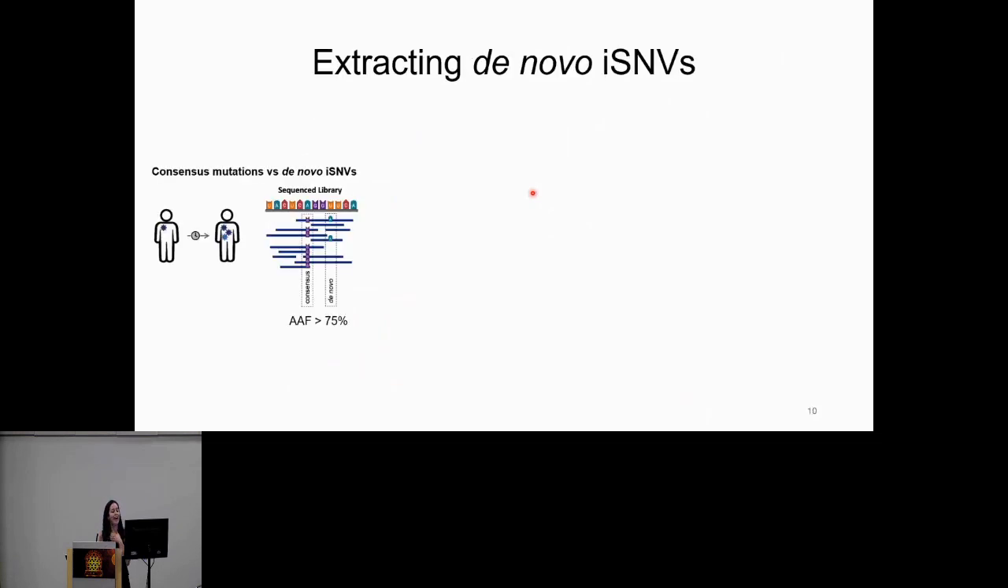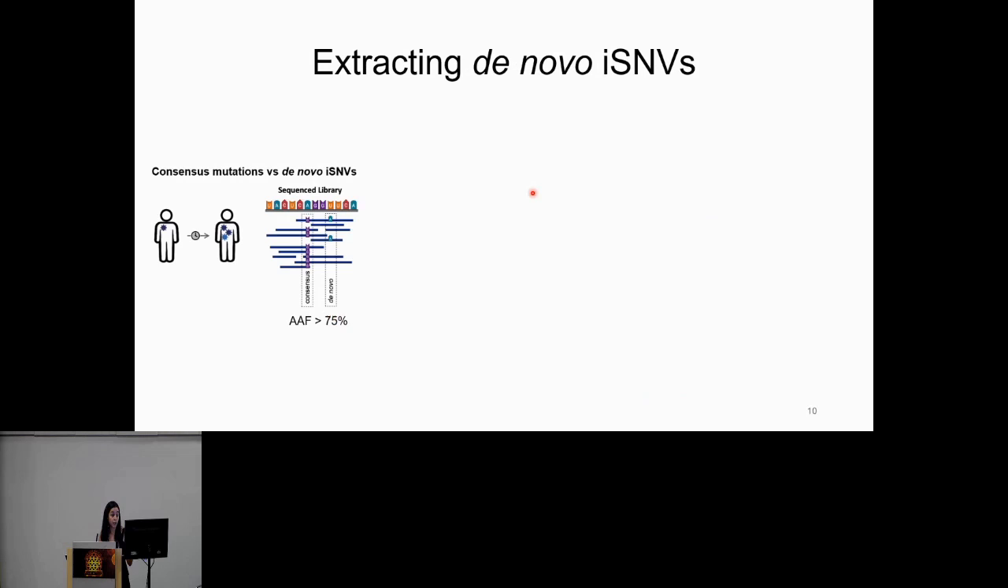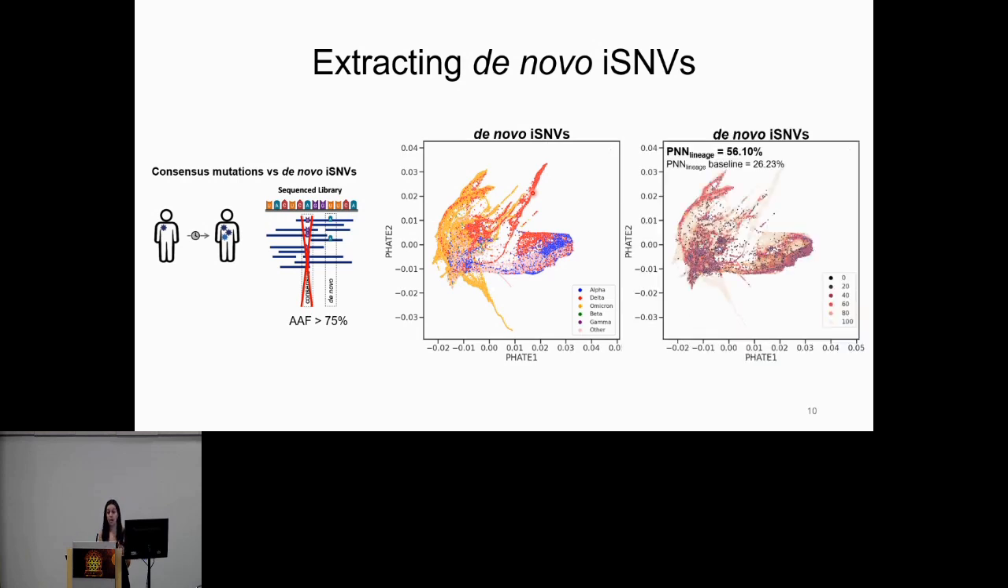However, as we talked about, the consensus mutations are the mutations that will drive this lineage structure. However, we are interested in the de novo mutations. So we remove the consensus mutations and we redo our representation, and we can see qualitatively there's a reduction of this clustering structure, but we can also measure this reduction in clustering structure from previously being 95% to 56%, meaning there's some structure by lineage, but there's other